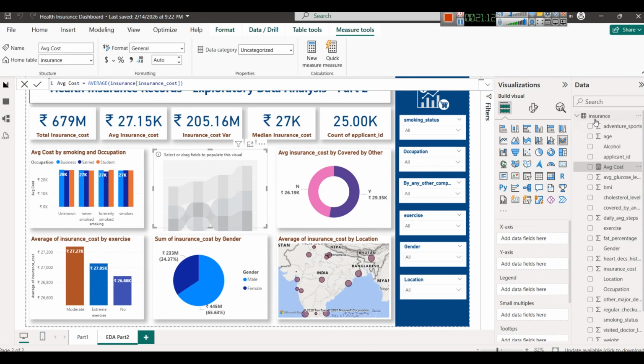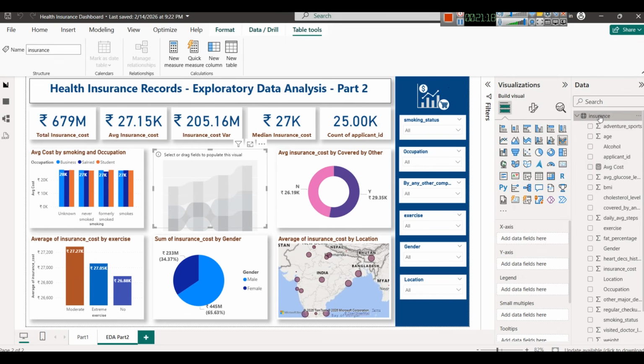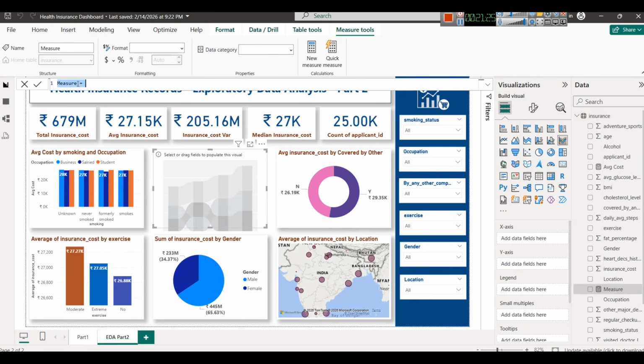To create a measure, you will right click here and create new measure. Right click on your table name, create new measure, then that formula bar will appear. There you will write your formula. After writing it, you will click commit to commit. Okay,